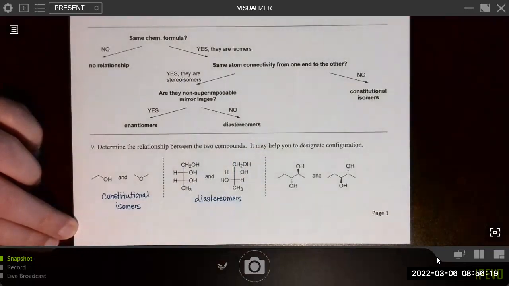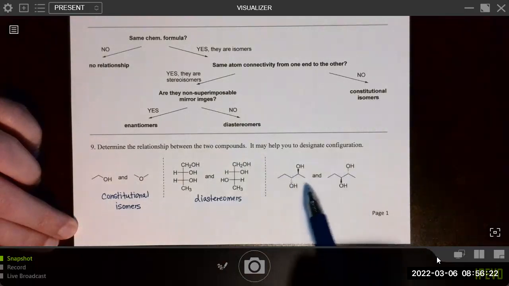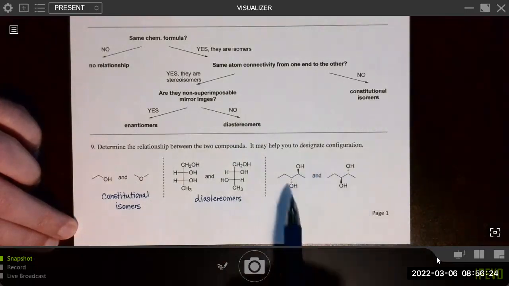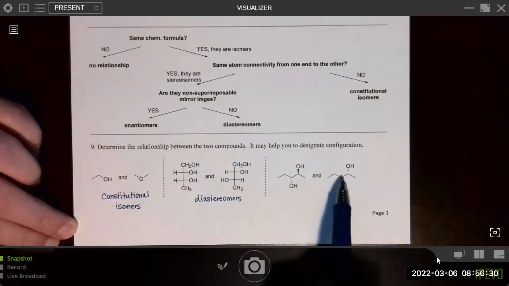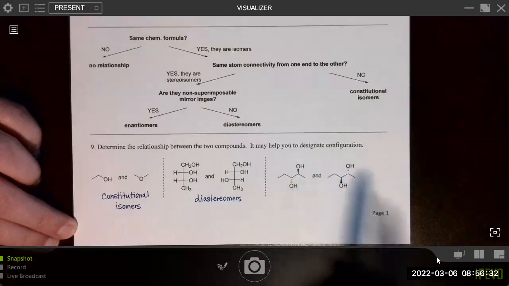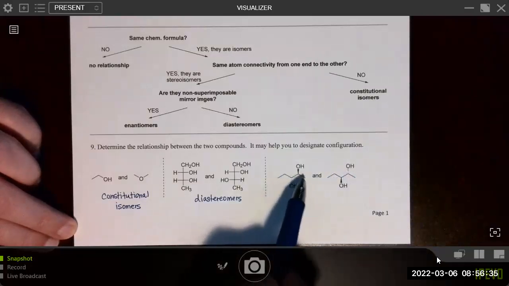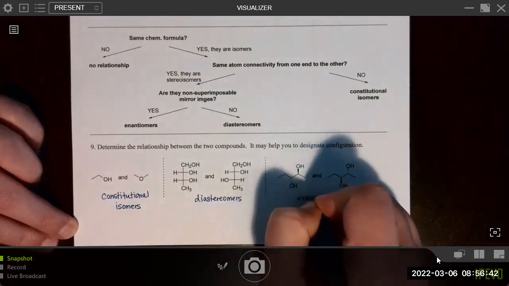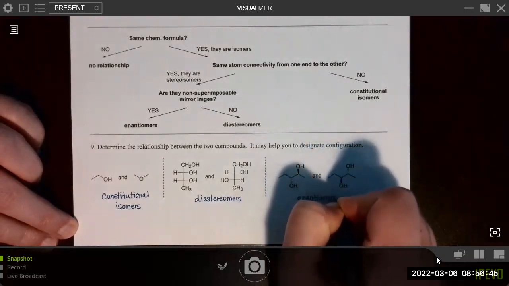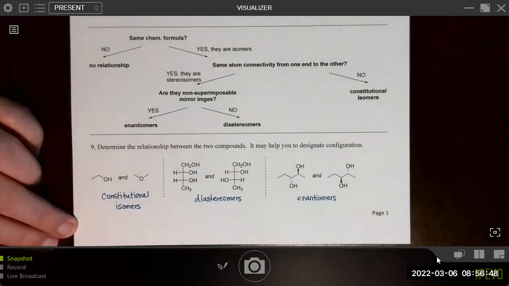And then lastly, we have molecules drawn with the same relative orientation. But looking at the configuration of the chiral centers, we have the opposite configuration and the opposite configuration. And because on one side it's ethyl and methyl, there's no possibility for an internal plane of symmetry. So then I know these are related as enantiomers. If it was possible that there could be an internal plane of symmetry, I would want to figure that out, because if the compounds were meso compounds, then they would in fact be identical instead of enantiomers.